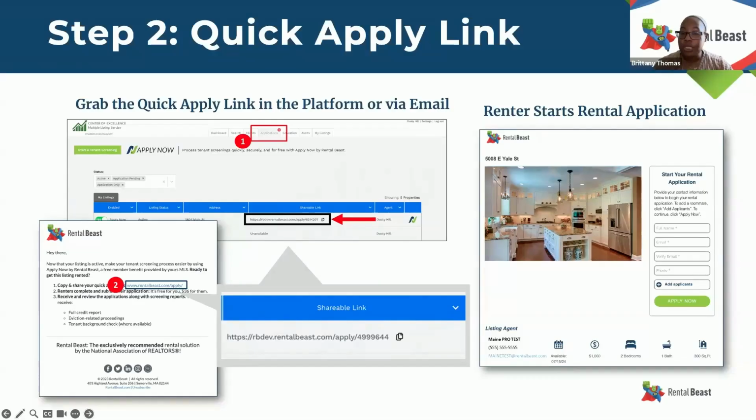This will be the link that you can share with your client so that they're able to actually initiate the application themselves. You'll also be able to log into Rental Beast, again, through your MLS. Go under your applications tab and you'll be able to find that shareable quick apply link there as well. No matter how you're sharing it, it's going to bring renter clients, interested parties to this page on the right